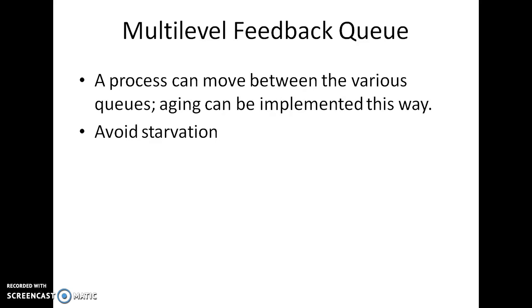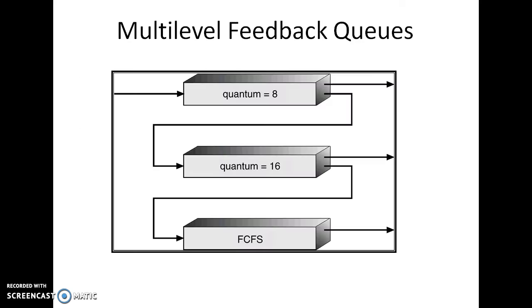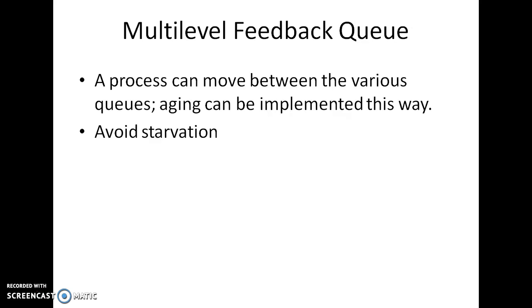Okay, so we can overcome this drawback by going to what is called a multi-level feedback queue. In a multi-level feedback queue, you can see in this diagram there are 3 queues, and there's a feedback from the tail of the first queue to the next queue, and it goes on like this. So what does it mean here? In this definition, in a multi-level feedback queue, a process can move between various queues. Meaning, we are not categorizing any of the processes according to foreground or background. That's the first part of it.